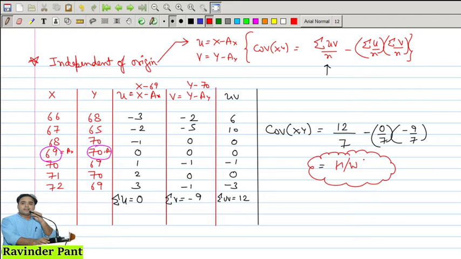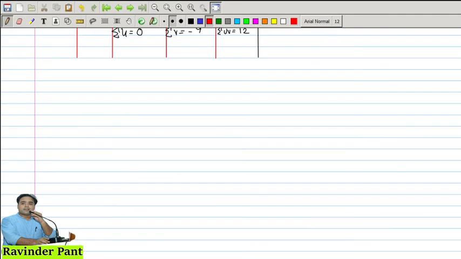So this was about covariance, how you can minimize your calculation by using the properties. That is why the properties are so important. In standard deviation also we studied some properties, and in covariance and correlation we are also studying some properties. These properties are going to be very important for the calculation of covariance and other correlation measures.